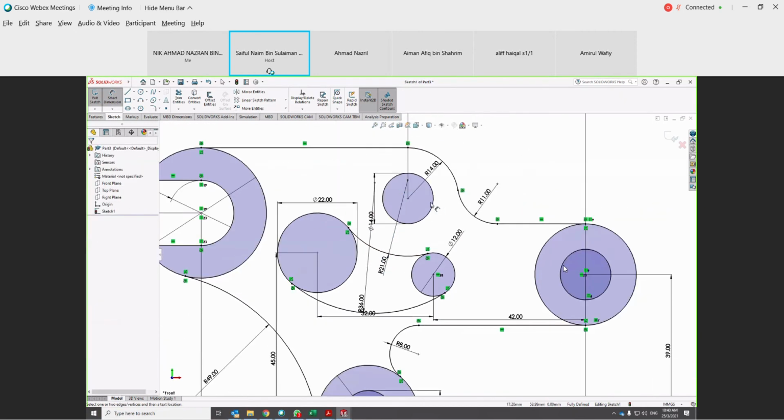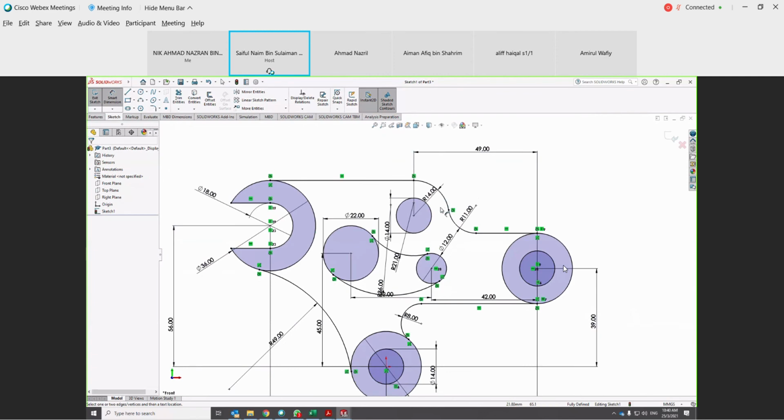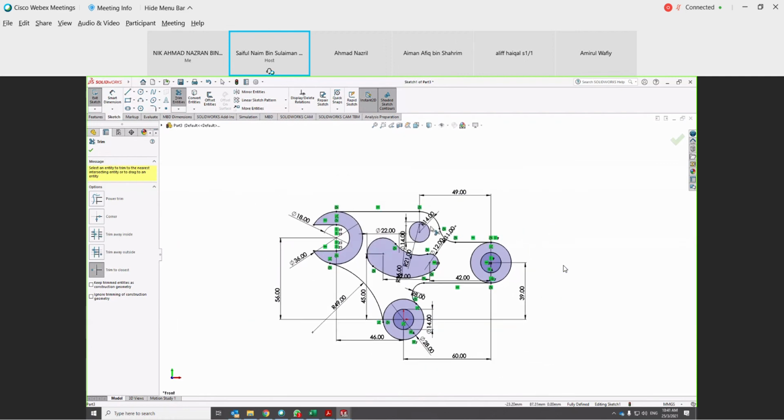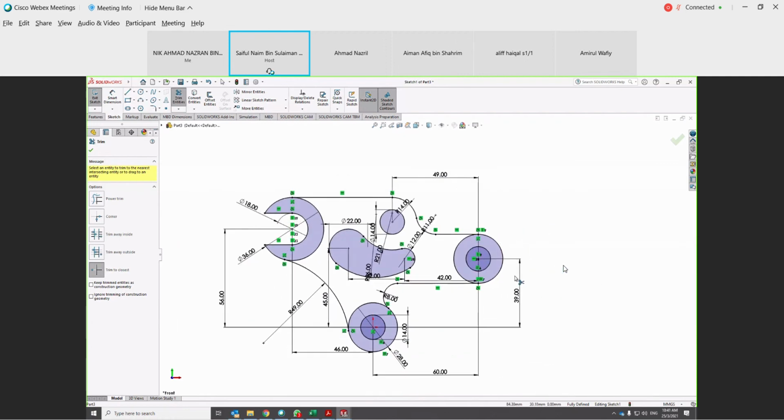Okay, once you have completed the dimension, you can trim. So exit Smart Dimension, click Trim. So we remove this, insert this curve and also this curve. Okay, so this completes the